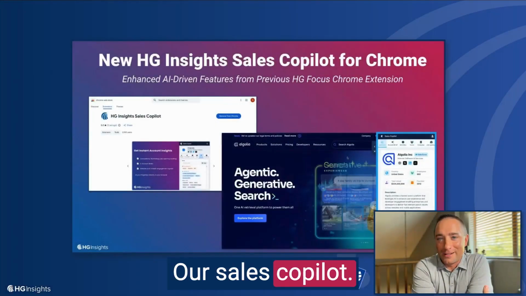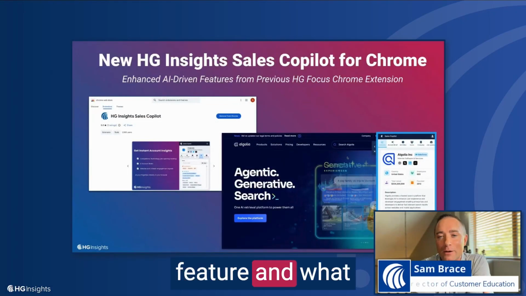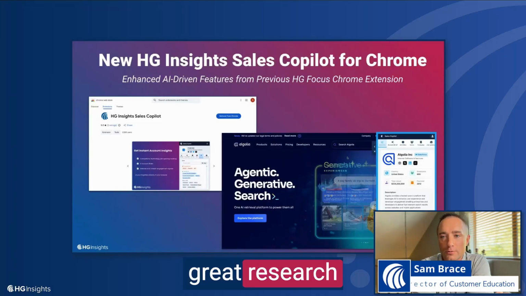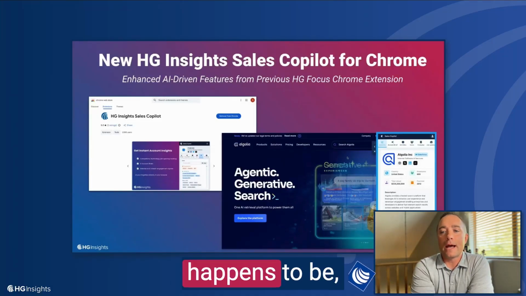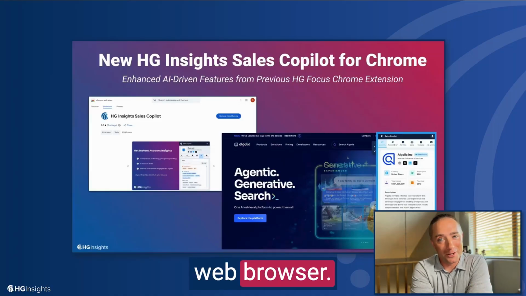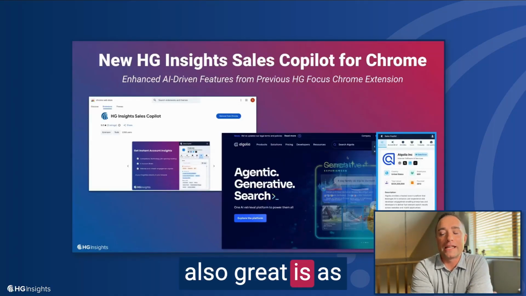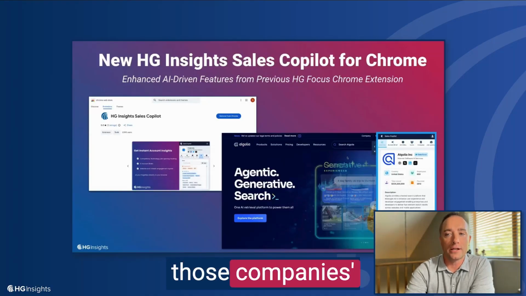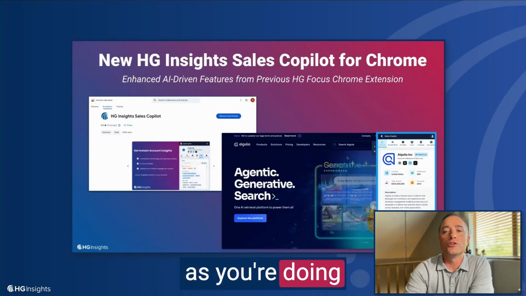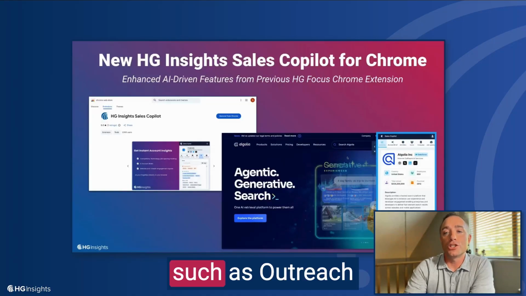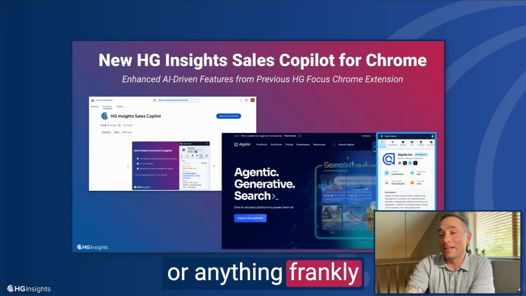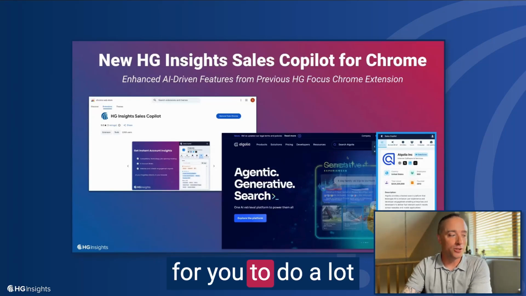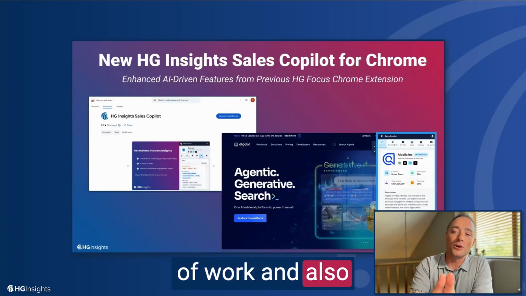Our Sales Copilot. This is a fantastic feature. And what I love about it is it allows you to do a lot of really great research where your team happens to be, which is your web browser. And what is also great is as you're diving into customers' websites, as you're doing research on those companies' LinkedIn accounts, as you're doing work in platforms such as Outreach or, frankly, anything that happens to be available within a Chrome browser, this is a chance for you to do a lot of work, and also work that maybe had